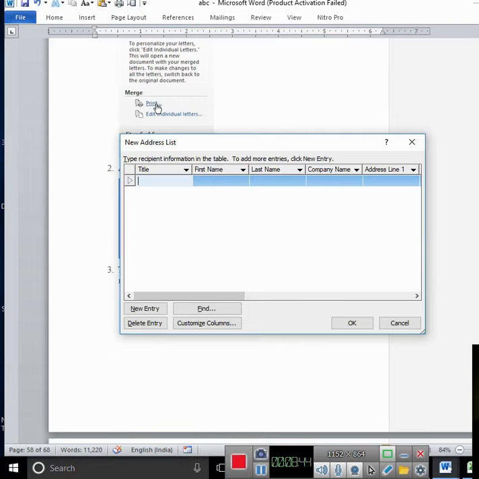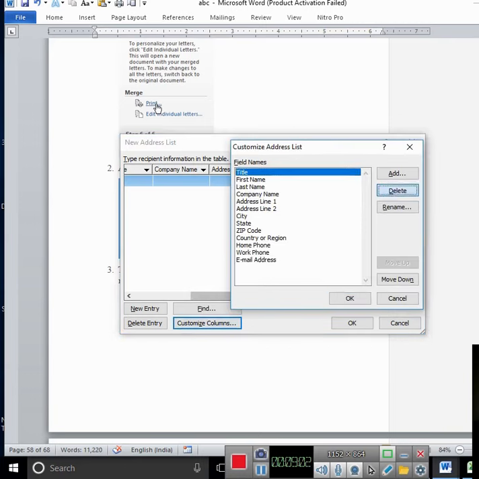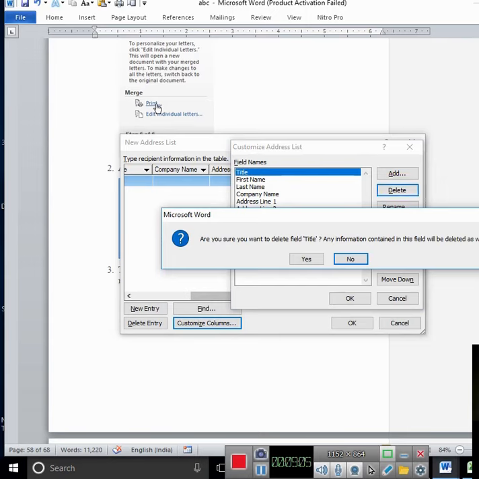So in this situation there are a variety of titles. We can keep these titles also, and if you want to take a limited number of addressee fields, then we can take it limited, like Customize Columns, Delete. I am deleting it. Why am I deleting it? I am also doing all the fields, but I just want only 4 fields. That's why I first deleted all the options, then I will take 4 fields.